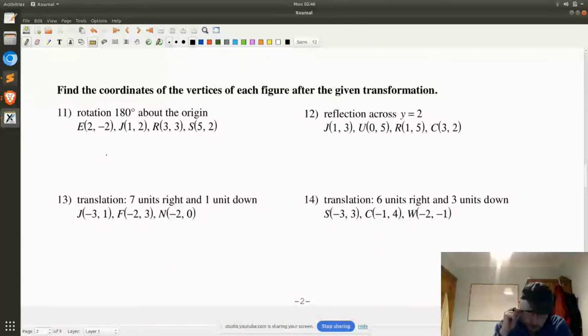So how does it go again? Two, three up. It becomes 2 down, 3 right. That becomes 2 left, down. So 2 right, 3 up became 2 left, 3 down. So you literally just make them the negative of what they are. Isn't that so? Yes, I think that's so. Okay. So in that case,